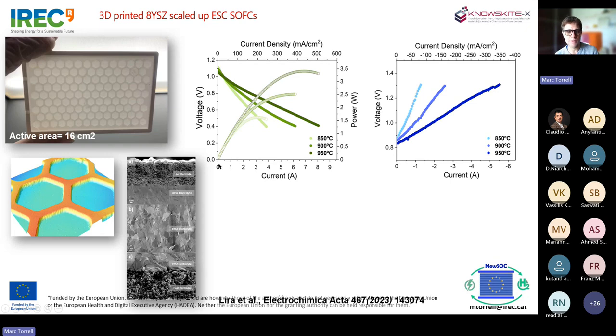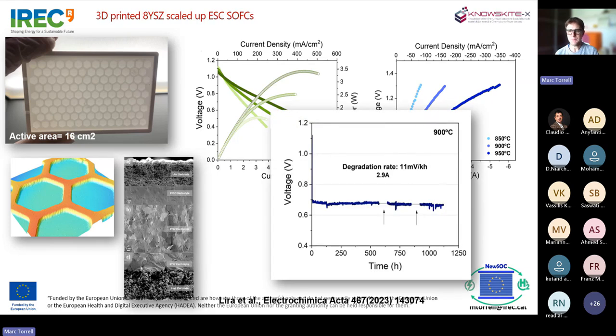So here are some more IV curves. Here you have not the current density, but the total current, and on top you have the current density of these cells operating as a fuel cell at 850 to 950 degrees, where we could achieve 3.5 watts per cell in fuel cell mode, and up to 5.5 amps in total. It's equivalent to 350 milliamps per square centimeter in the electrolysis mode. We also performed some degradation studies during more than 1,000 hours. No surprises, and this comes from the fact that we are using state-of-the-art materials.